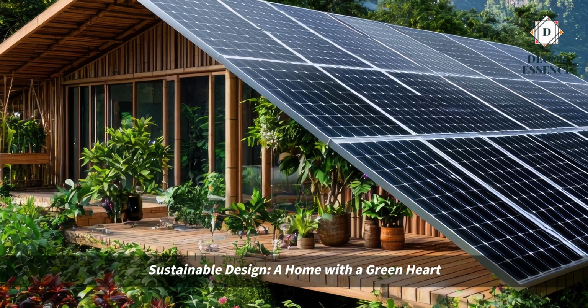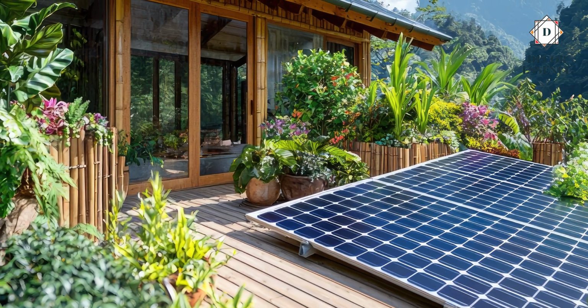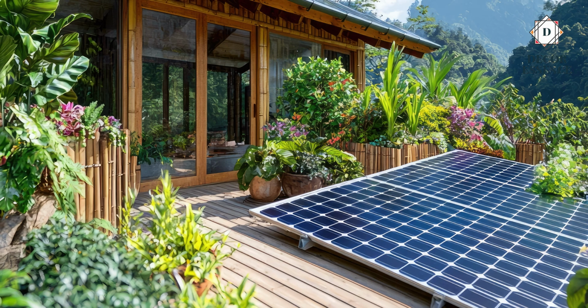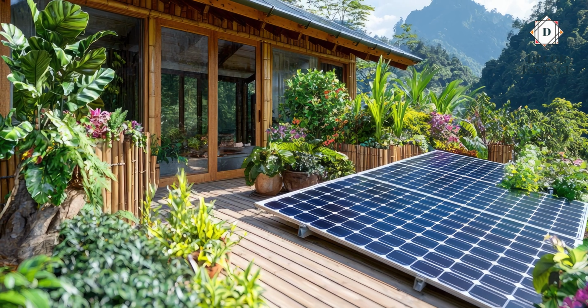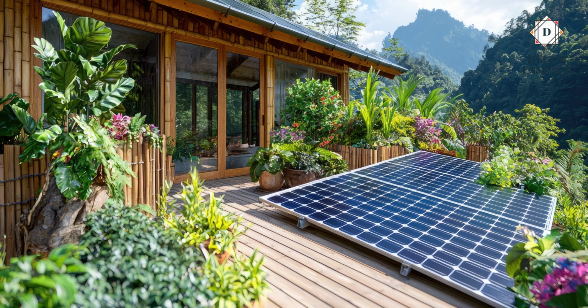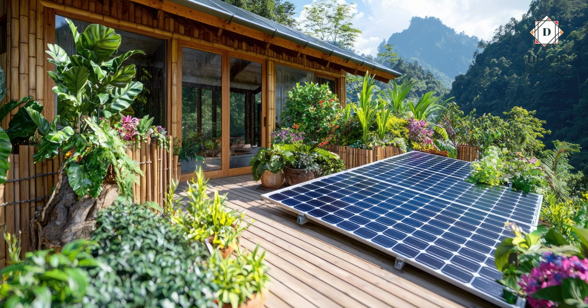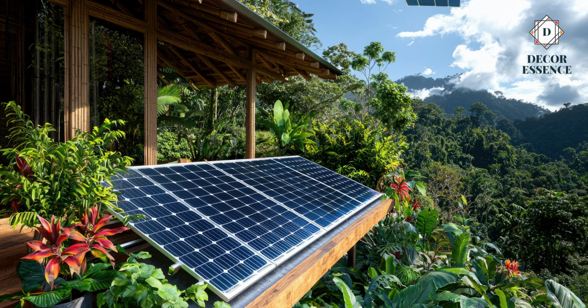Solar panels on the roof provide renewable energy, while rainwater harvesting systems are in place to reduce water consumption. The use of locally sourced materials, such as bamboo and recycled wood, not only supports the surrounding community but also helps to reduce the home's carbon footprint. Furthermore, the residence was designed with the goal of reducing energy needs, using past